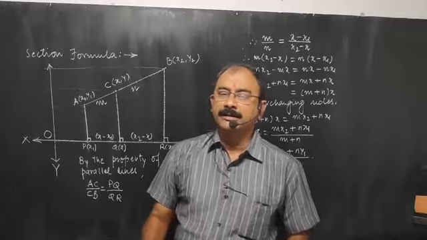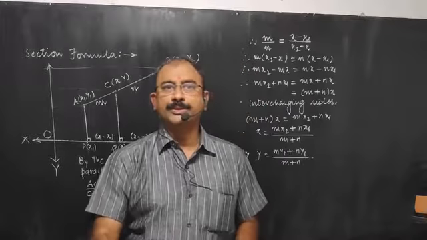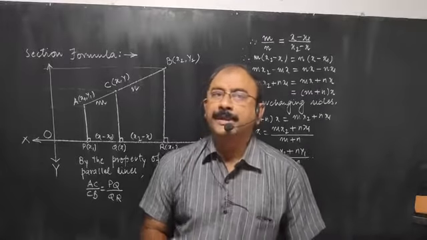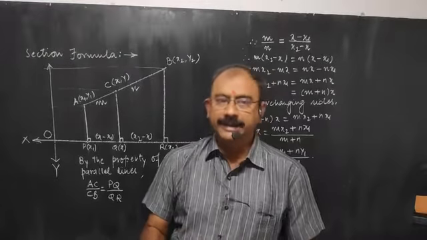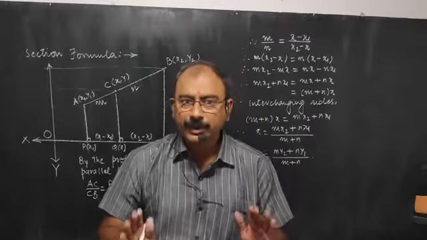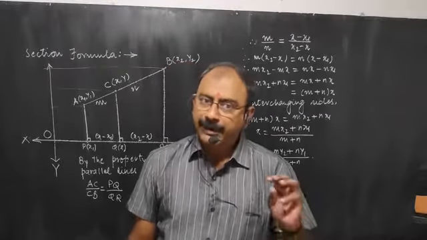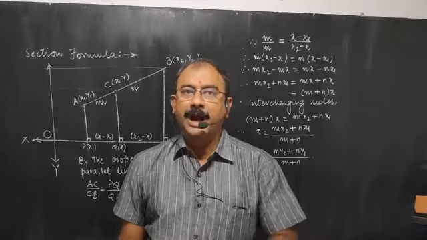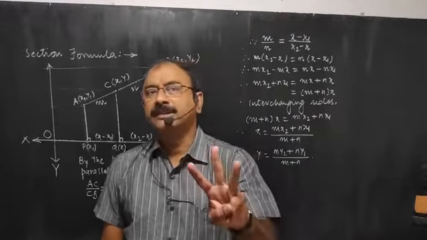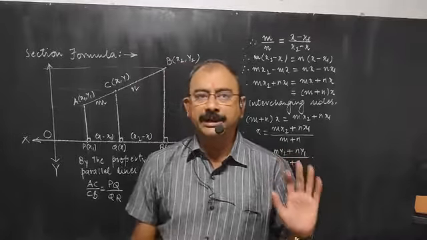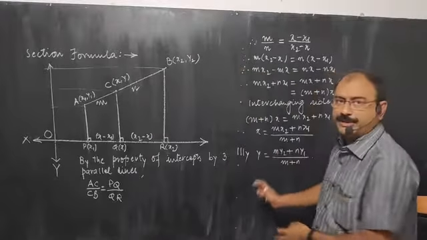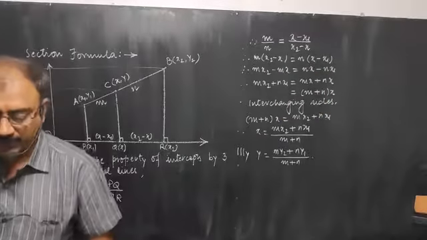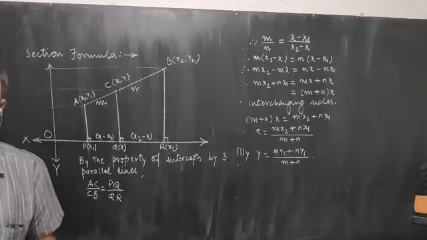That means, though the formula says this is applicable in calculation of the point of division, that is a theoretical explanation. But when you actually apply the formula, there are 4 things involved, 3 points and 1 ratio. Out of these 4 things, if any 3 are given, the 4th can be calculated by just using these 2 equations. Put whatever is given, you will get the remaining thing. Okay, so that is the full explanation of section formula.